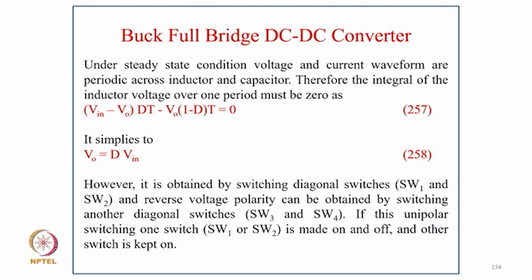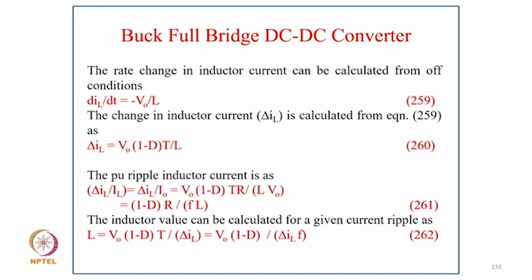So (Vin − VO)DT − VO(1 − D)T = 0, which simplifies to VO = D Vin. However, it is obtained by switching the diagonal switches S1, S2, and reverse voltage polarity can be obtained by switching the diagonal switches S3, S4. In the unipolar case, one switch S1, S2 is turned on and off and the other switch is left on. So the rate of change of the inductor current can be calculated from the condition